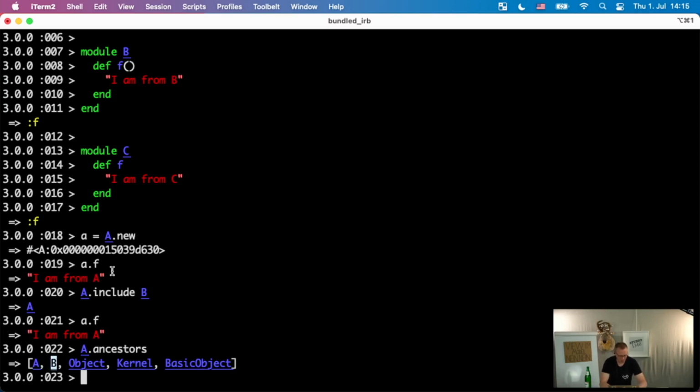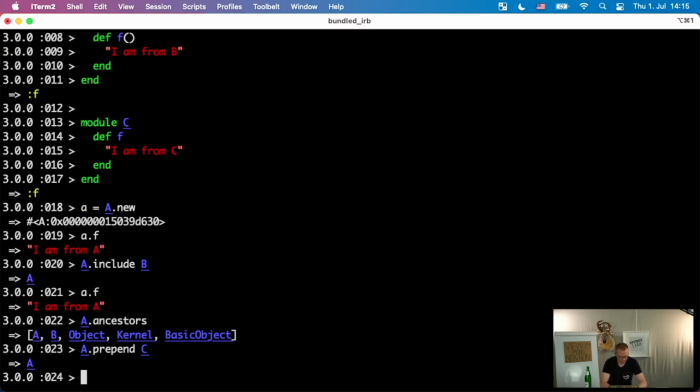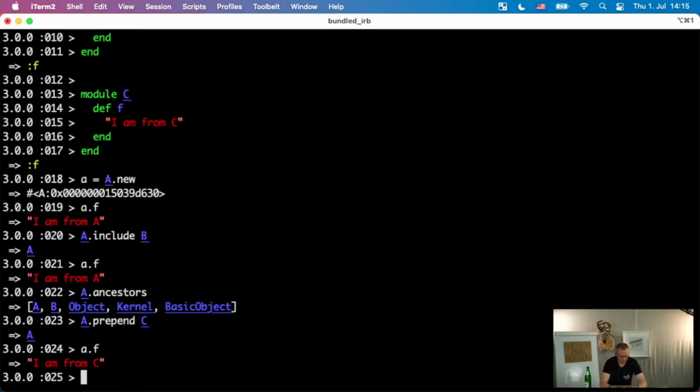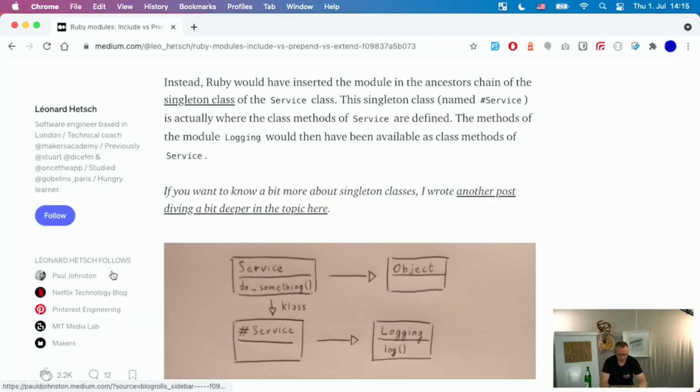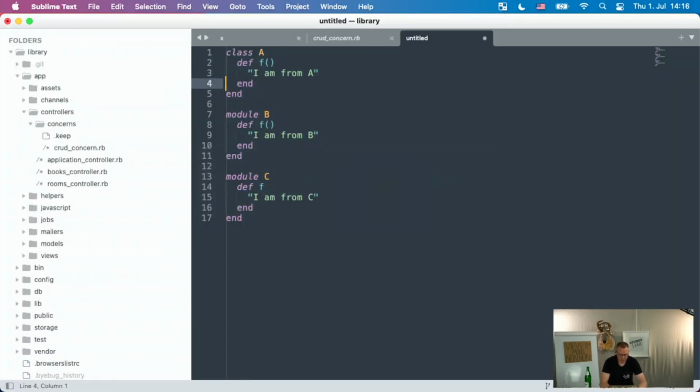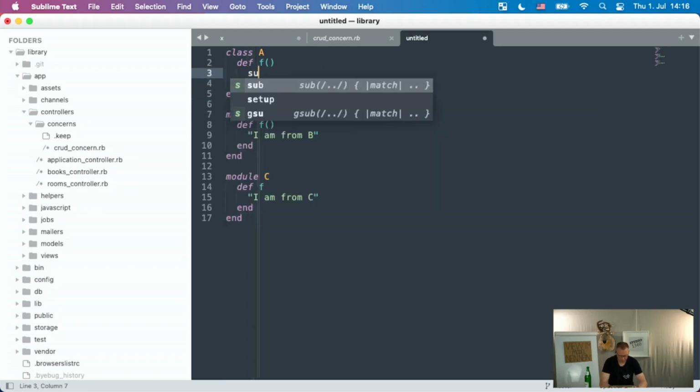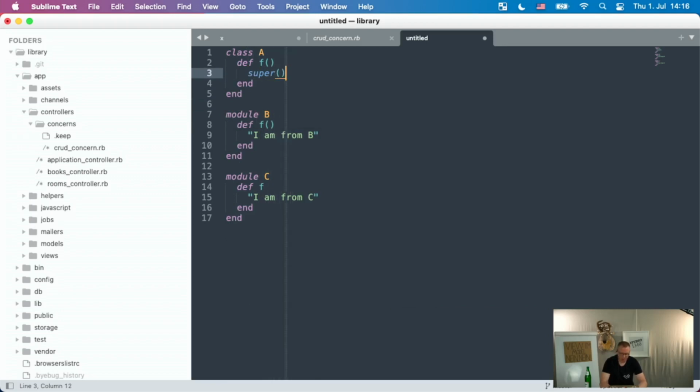But if we now say a.prepend C and say a.f, the method definition from C will be used. This has the interesting effect that when we include, so let's just say we call this the